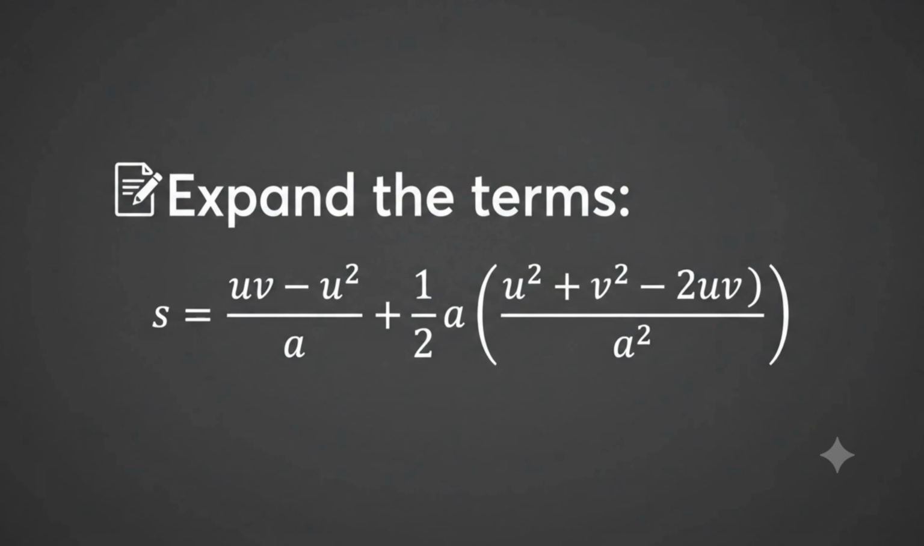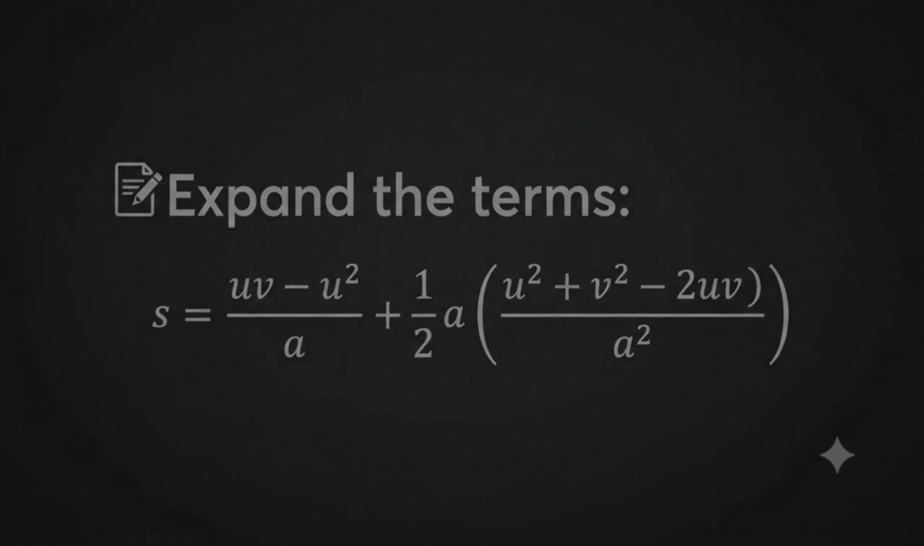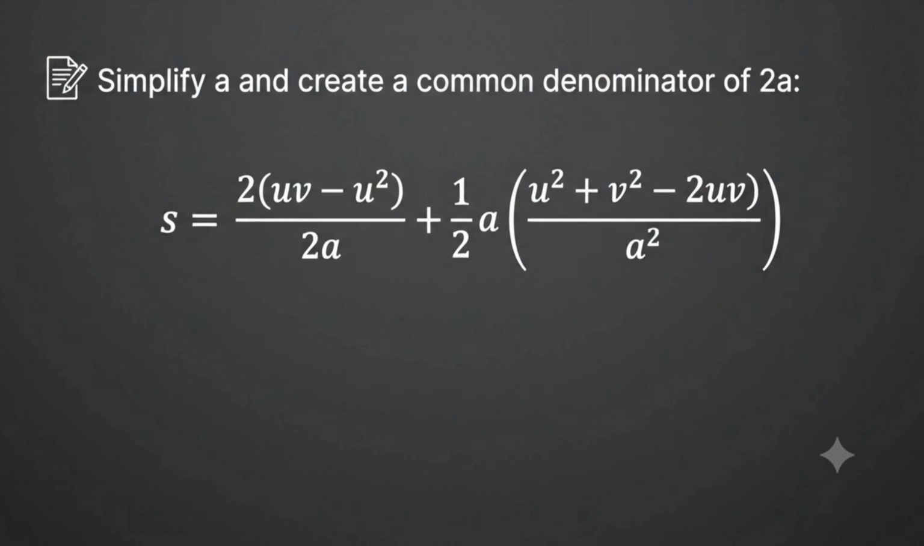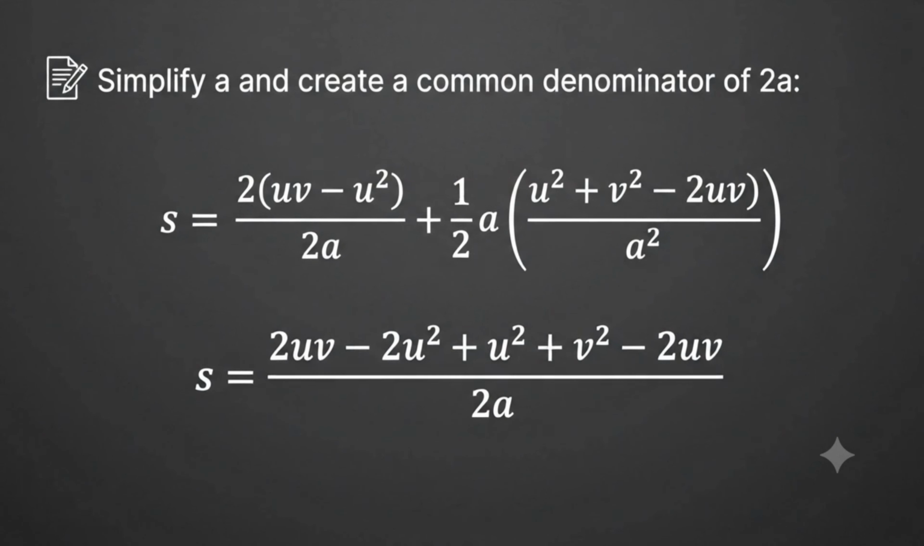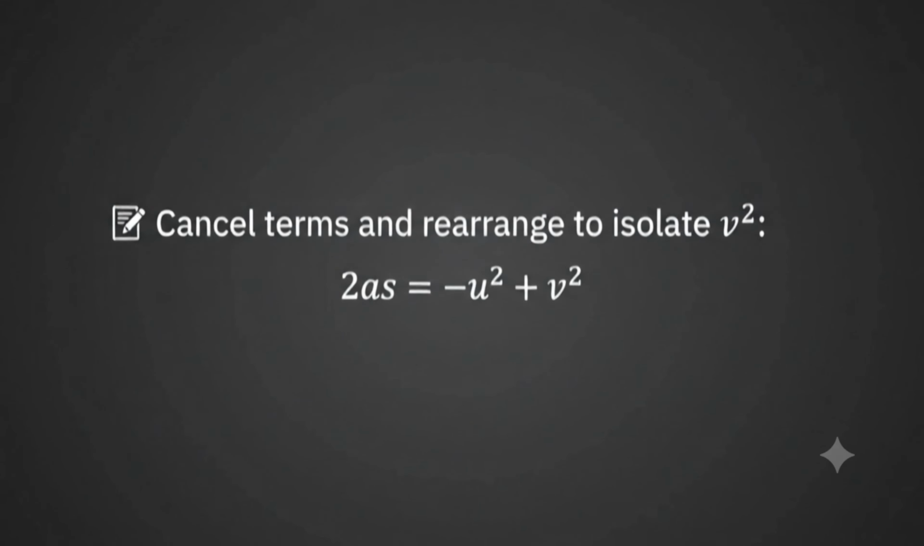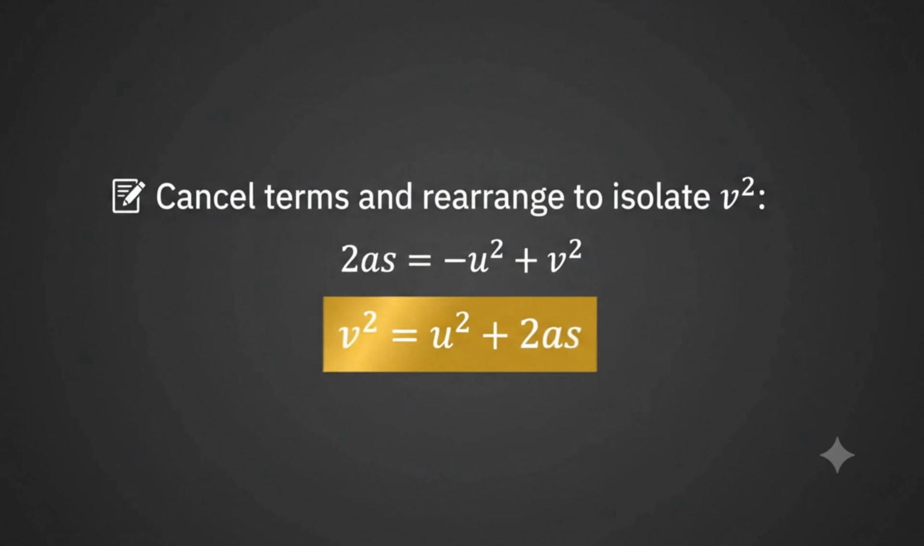Expanding the terms, we distribute the initial velocity u, and we expand the squared binomial fraction carefully on the right side. We simplify the acceleration variable and find a common denominator of 2a. This allows us to combine the entire expression into one fraction. After canceling opposite terms and moving the denominator across the equal sign, we isolate v squared to reveal our third